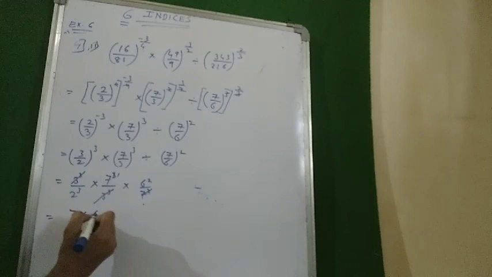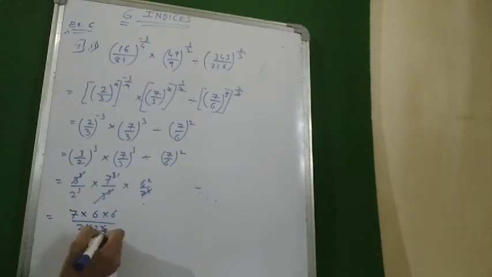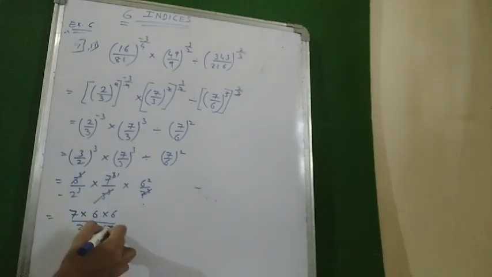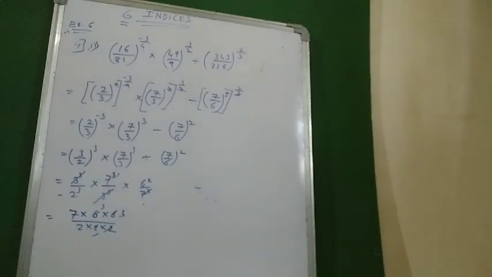6 square is nothing but 6 into 6. 2 cube is 2 into 2 into 2. Okay, I just want to cancel it, so I didn't write 8 over here. So 2 1s are 2, 3s are, 2 1s are 2, 3s are. Anything can get cancelled? No. So 3 3s are 9, 9 7s are 63 upon 2 is your final answer for the fourth part. Okay.